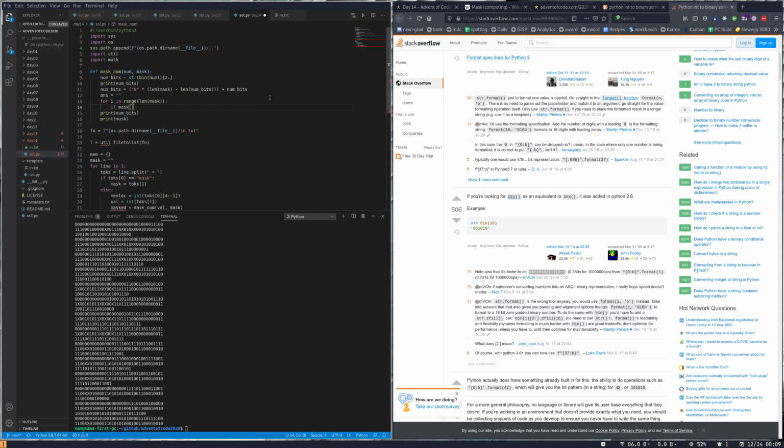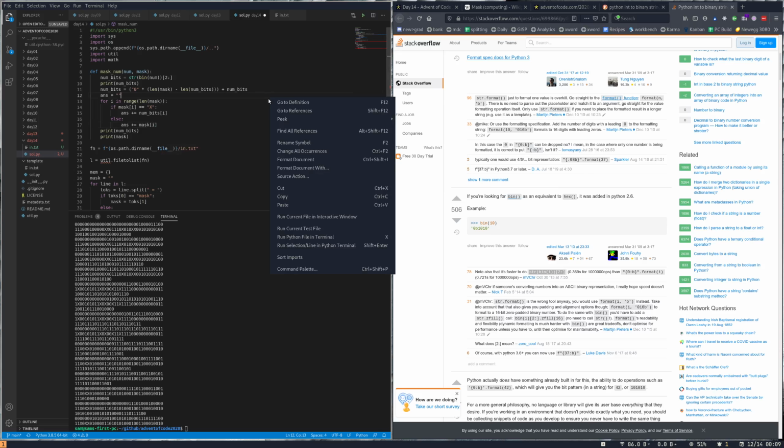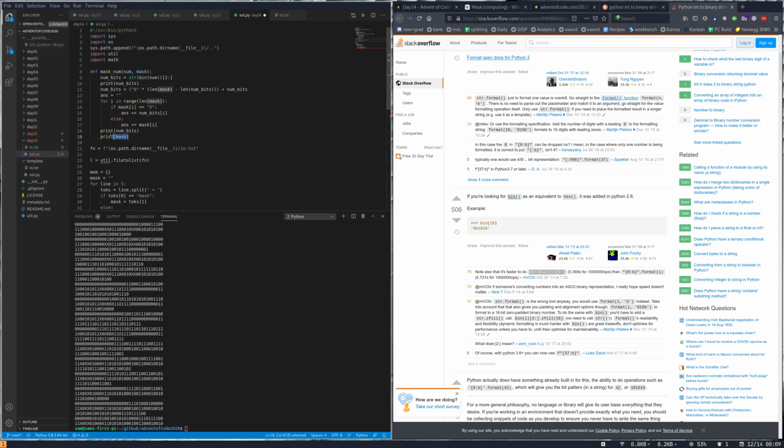If mask of I equals x, ans plus equals num bits of I. If mask of I equals 1, ans plus equals 1, or else ans plus equals mask of I. Okay, and then right here we need to return